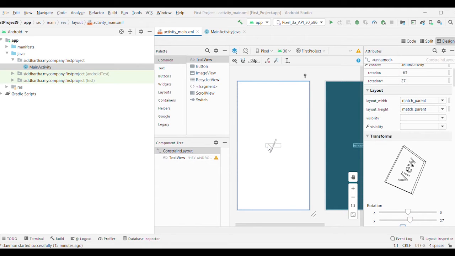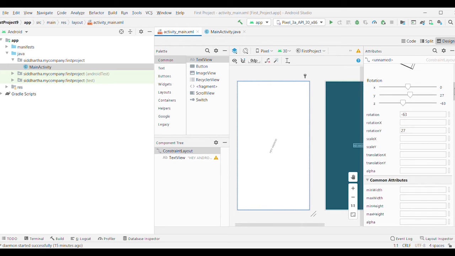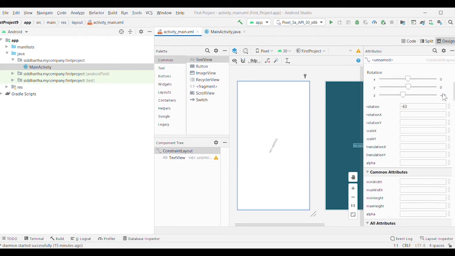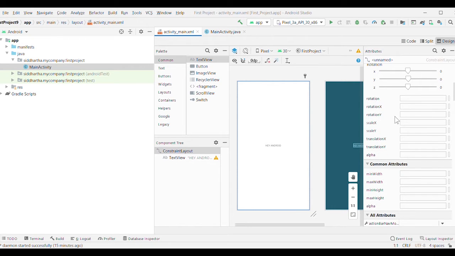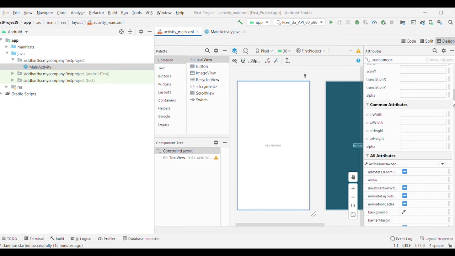Now for the timing I will make it 0. You may change it from this rotation X, rotation Y, transition Y, and you may change its direction or you may rotate it.